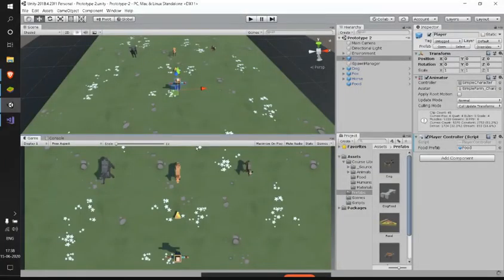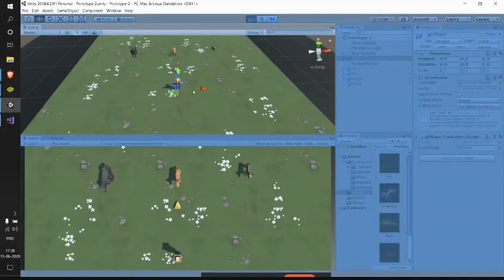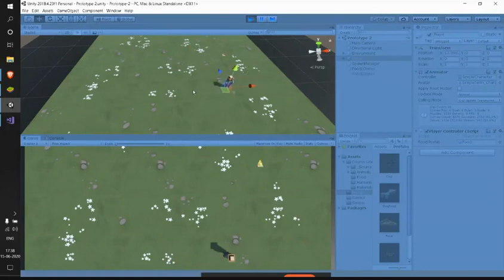Coming to Unity, let's play this and test again. See, now we are able to delete our animals also. I think you can see it in our scene view.